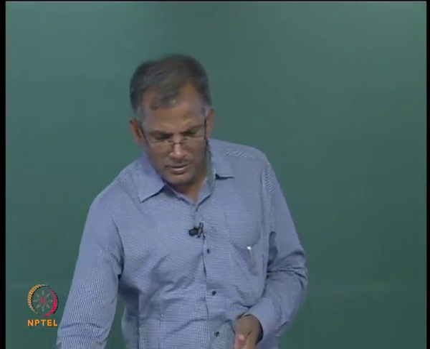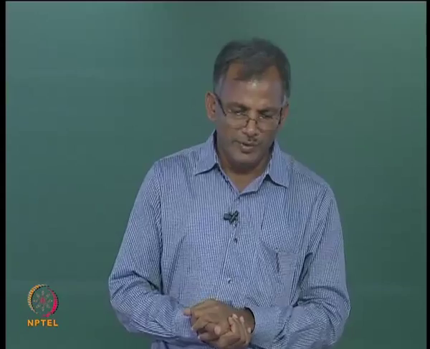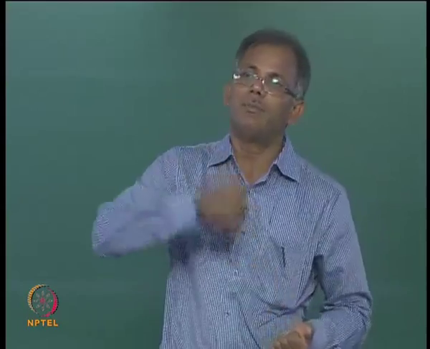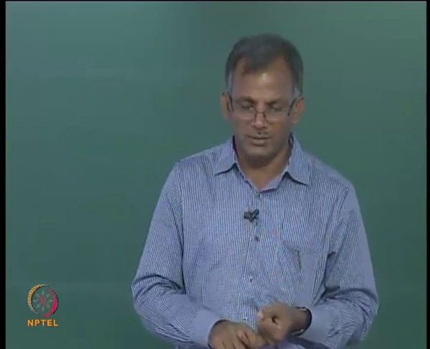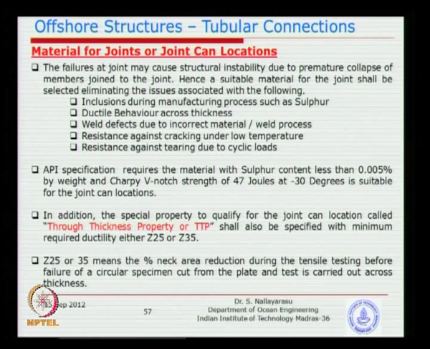So, basically the joint locations that we have highlighted in yellow color previously in a few pictures, that is where the basic idea is that the material should be properly selected such that failure by material behavior does not happen. That means better material, so if it fails by loading it does not matter. So, that is where we have to make sure that the welding and the material selection are correct. And one of the properties that we are looking at is the through-thickness property, that means when you pull across the thickness, lamellar tearing should not happen.